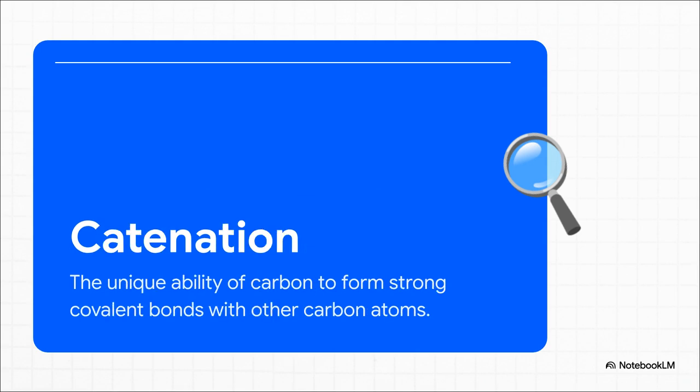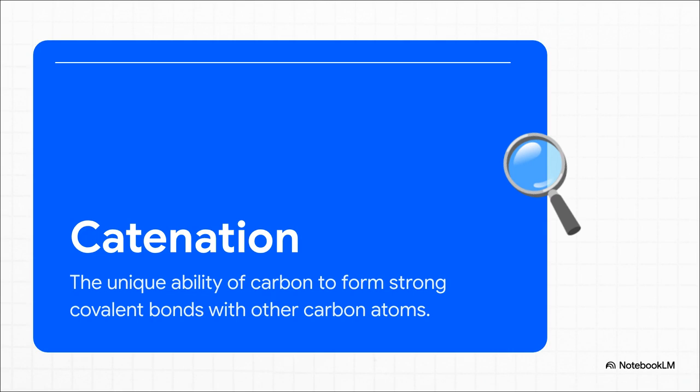And the answer to that big question from the beginning? It's one word: catenation. This is it. This is carbon's superpower. It's this unique, incredible ability to link up with itself, to basically hold hands with other carbon atoms, forming these super long, super stable chains, crazy branches, and even perfect rings. Seriously, no other element even comes close to doing this so well, and that is the foundation for pretty much all of life's complexity.